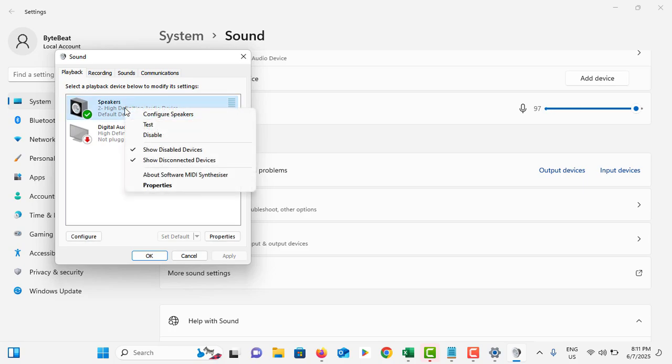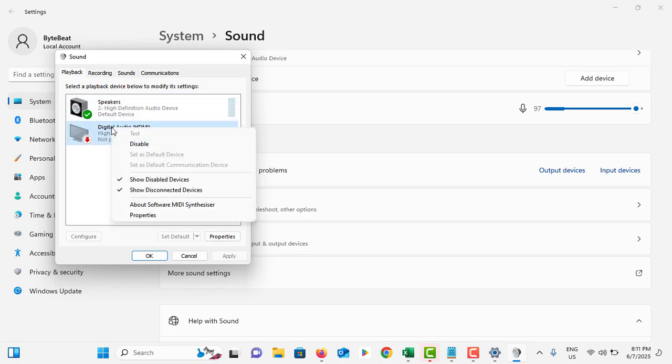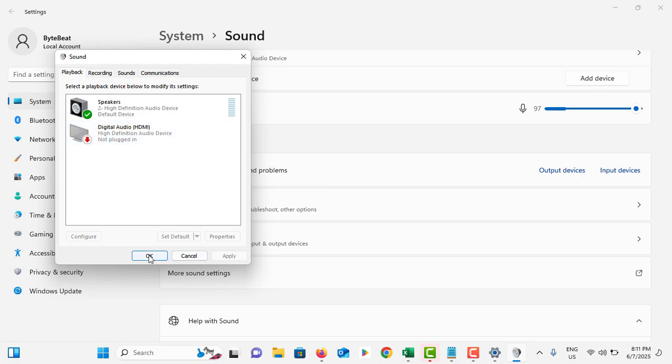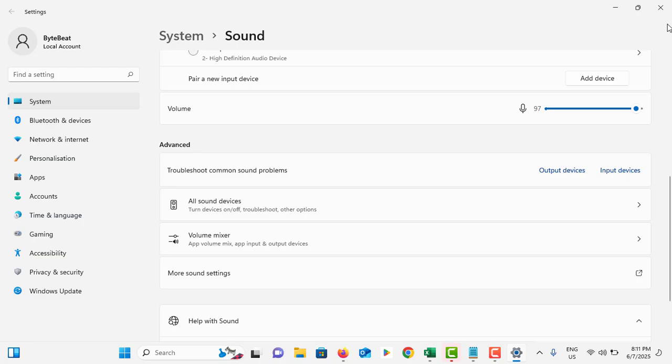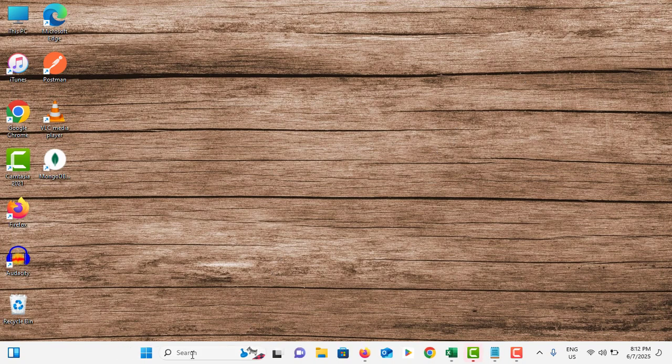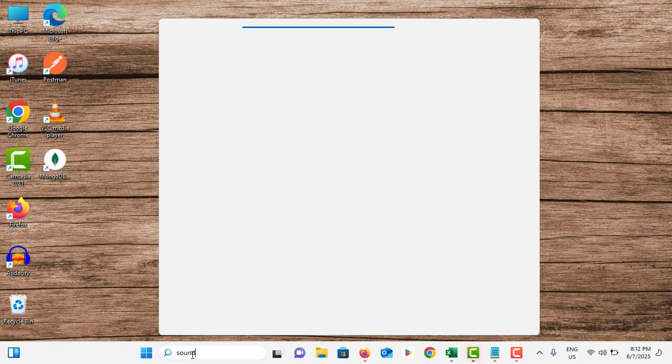And also you can right click on that device, then you will be able to find the Set as default device option. You need to tap on Set as default device for your audio jack device. Okay, then close this one, tap on OK, close this one also, and again go to the search bar, search for sound settings,